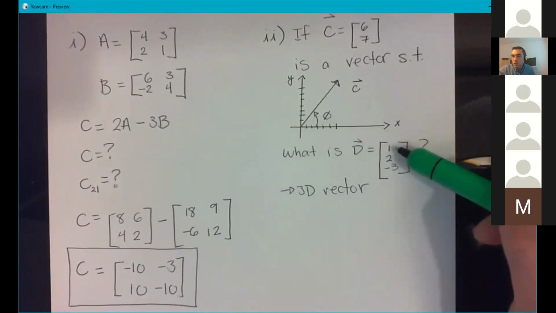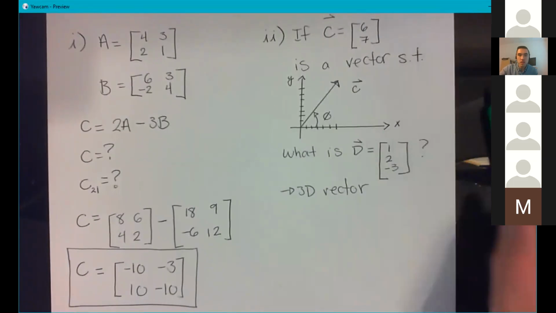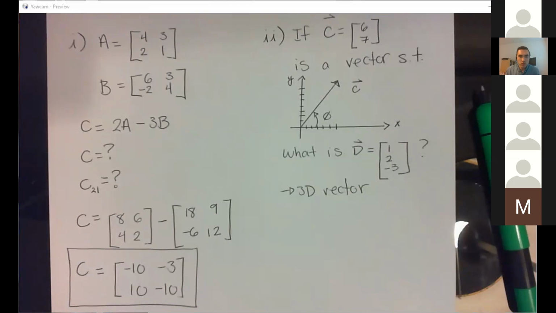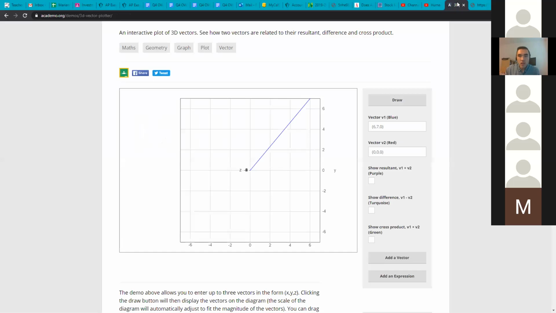Which is to say it's a length of 1 in the X direction, a length of 2 in the Y direction, and a length of 3 in the Z direction. And in order to make this point more visual, let me show y'all some computer stuff. Not that, this, okay. Anyway,